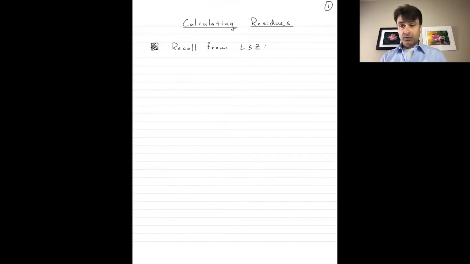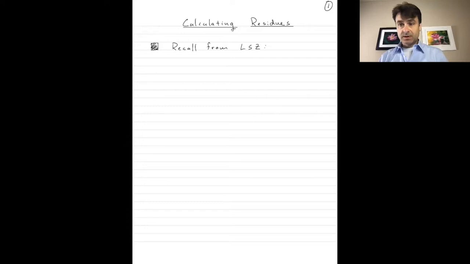So you recall what the LSZ reduction formalism told us to do. There's a long derivation, but we got a prescription in the end, basically a recipe for how to take Feynman diagrams and connect them to physical cross sections. We said that we look at all the external legs and we want those to correspond to the asymptotically distant in both space and time states that we would measure, say, in an experiment. And the prescription was to replace